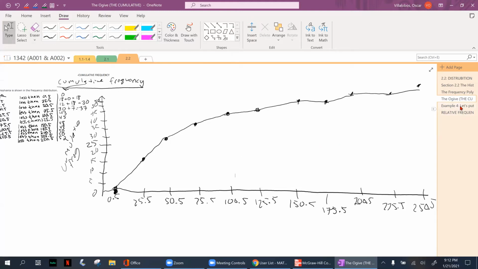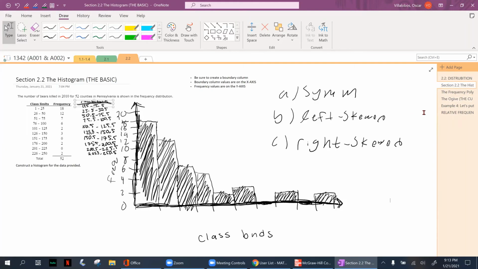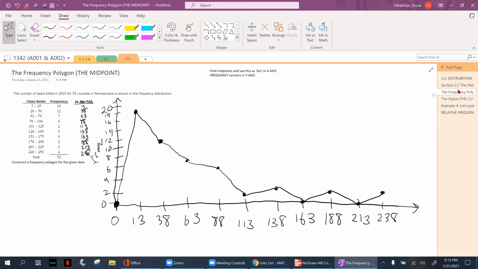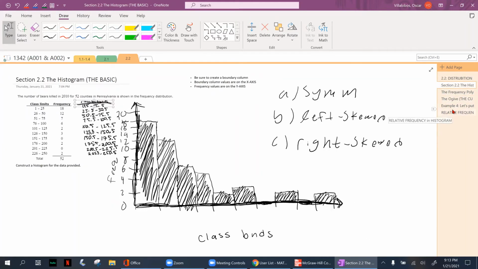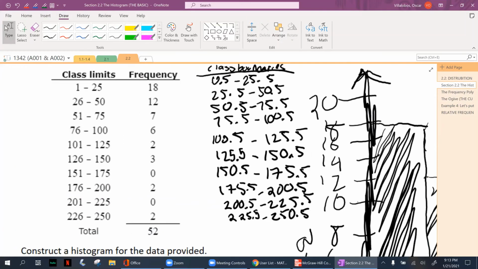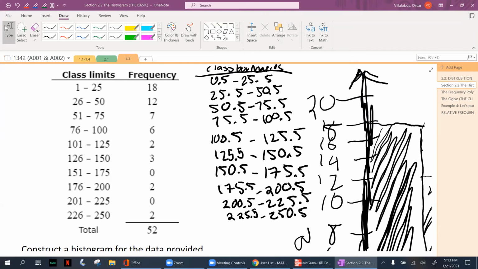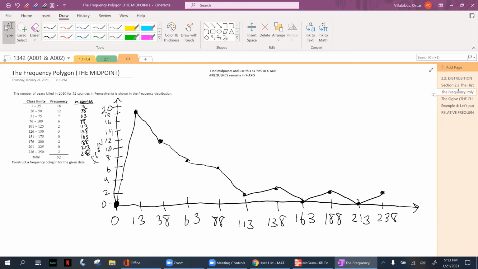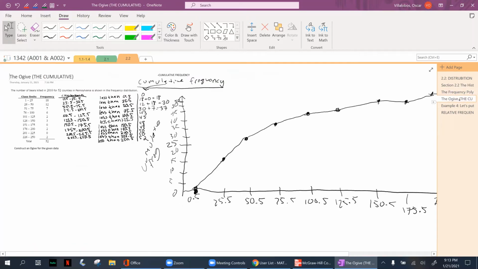Now, let's go ahead. If we notice for the histogram, for the polygon, and for the ogive, this is data that has already been presented. It's right there. Class limits is there and frequency is there. It was the same thing here. Class limits was there, frequency was there, and so forth. But now as